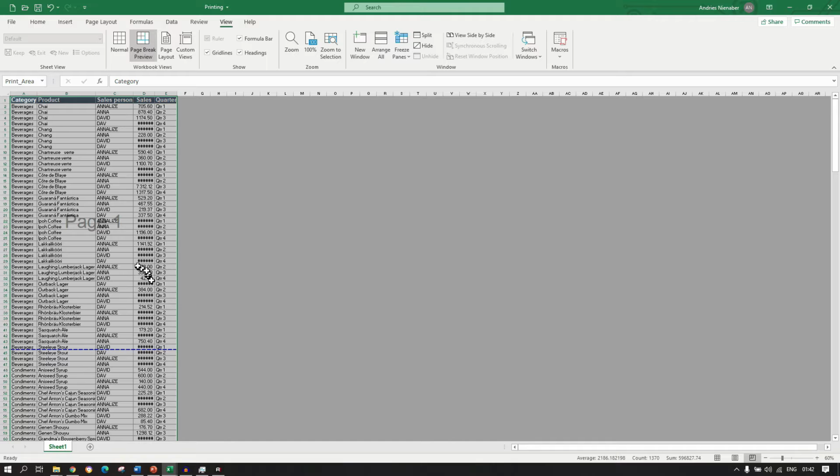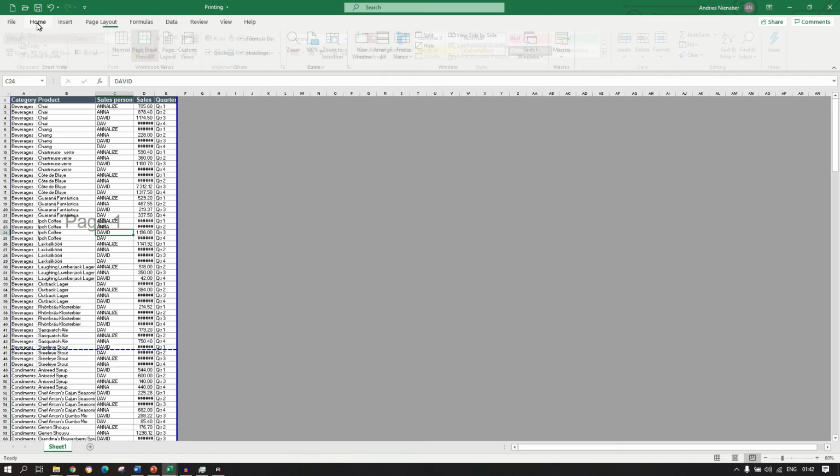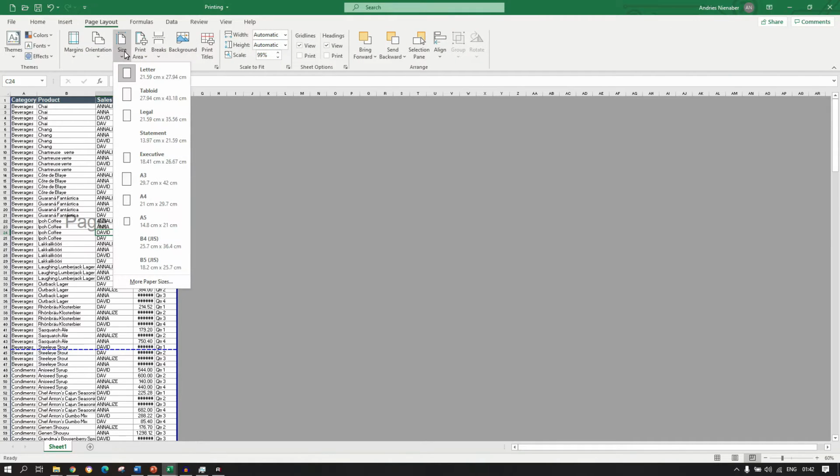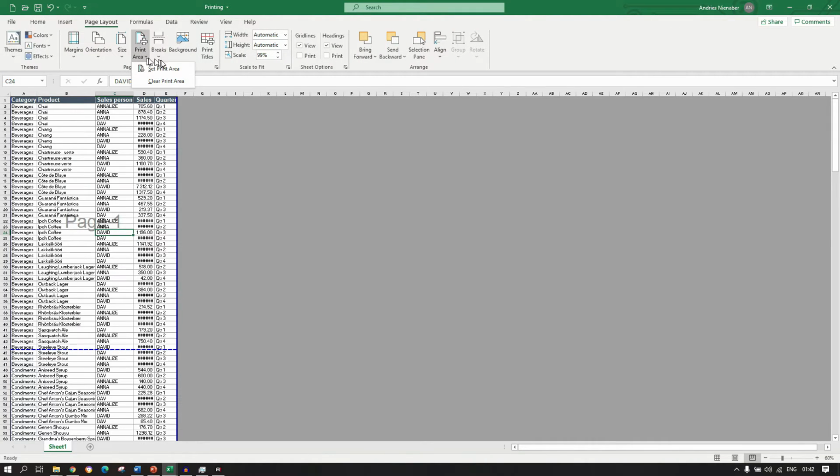Remember previously we had the blue line which we fixed. We could have fixed it by going to the page layout, by going with the print area. We can add page breaks. Let me just change this view back to normal,